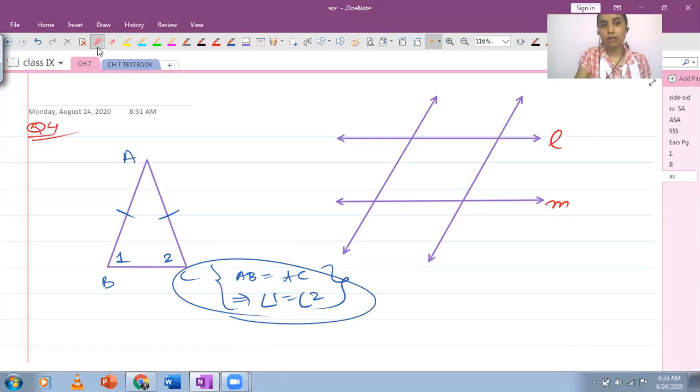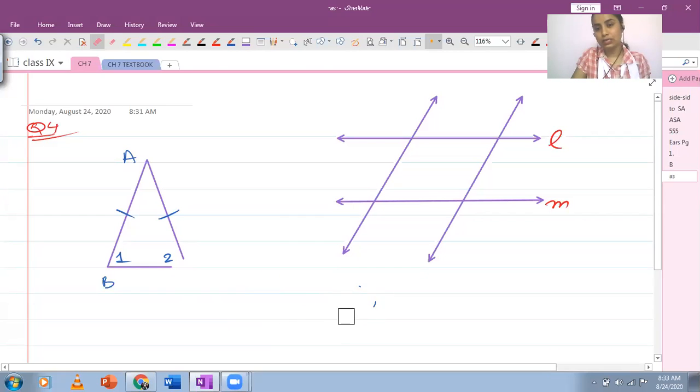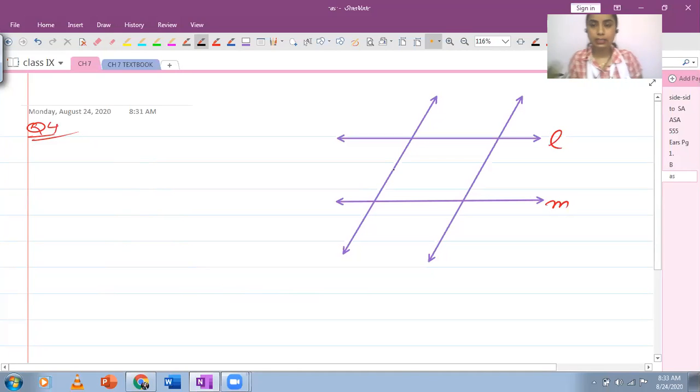So unless you have done the proof for something, you cannot use it. And so far you have not proved that if you have a quadrilateral that is a parallelogram, how its opposite sides will be equal. Later on, when you've done the whole book, when you have done all the chapters, I'm just telling you the scenario. Right now, since we have done only this chapter and we have not yet done the proof for quadrilateral results, I would suggest that you do not use it.